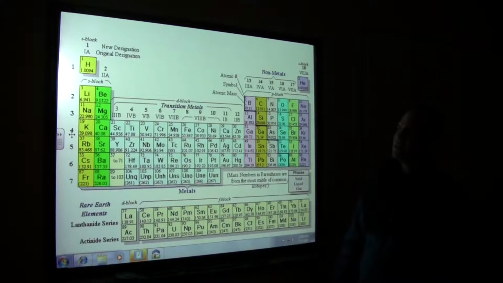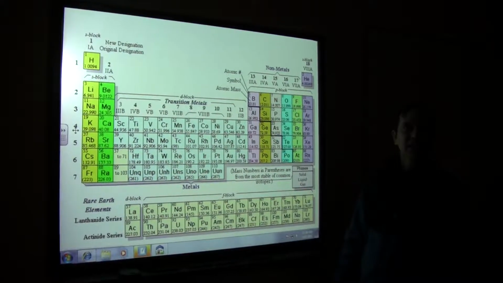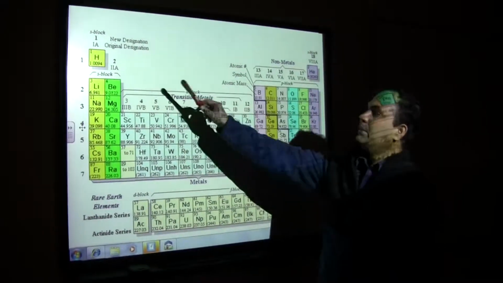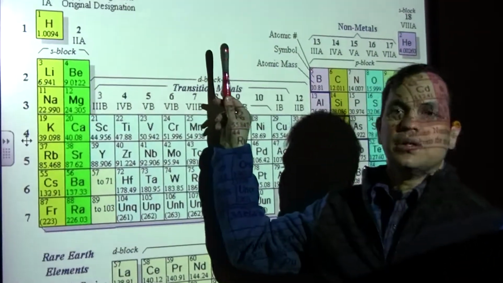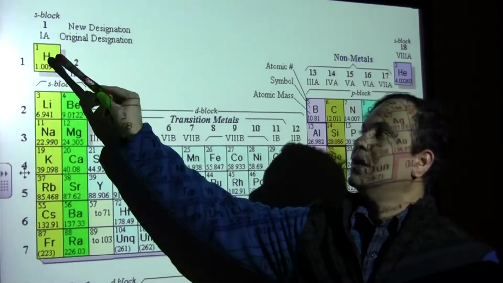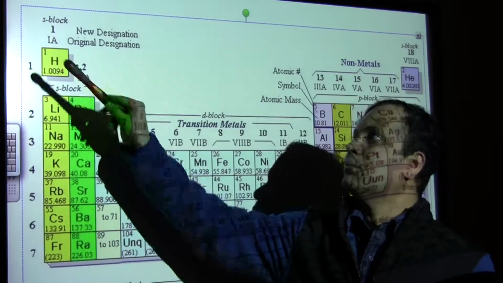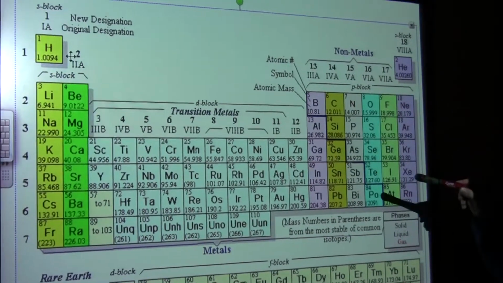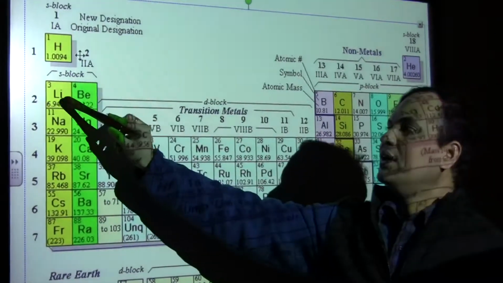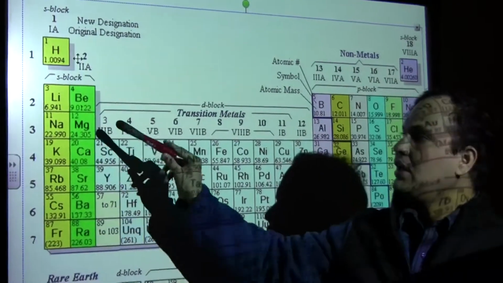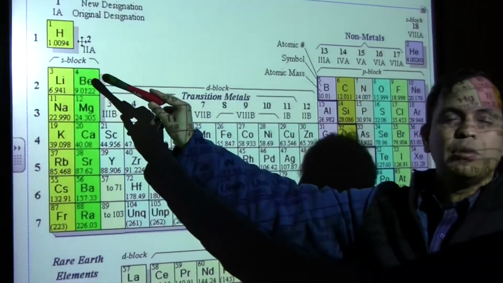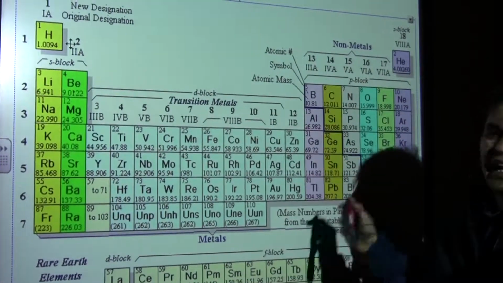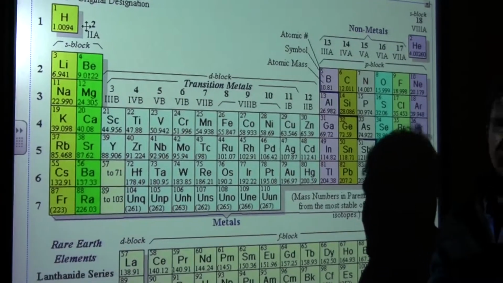So today we will discuss the periodic table and how elements are placed in it. If you look at this periodic table, the elements are placed in the increasing order of atomic number. The first element is hydrogen, which has atomic number 1. The second element is helium, atomic number 2, while the third element, lithium, has atomic number 3. Fourth element, beryllium, atomic number 4, and so on. This way all the elements in the periodic table are arranged in the increasing order of atomic number.